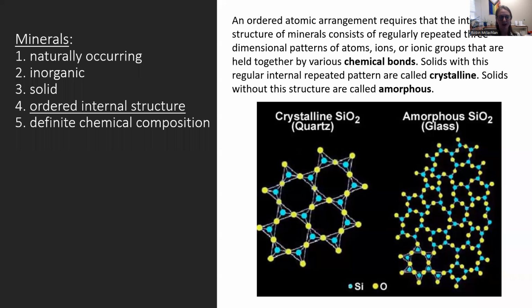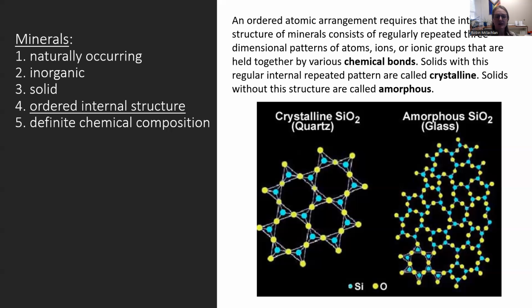Right. The fourth property a mineral has to have is an ordered internal structure. And we're going to spend a little while on this one because this one's pretty important. So an ordered internal structure means that the mineral is crystalline. Crystalline means that if you zoomed in and looked at the atomic organization of the mineral, the pattern is repeated, right? All of the angles are repeated. The pattern is repeated. The angles between each element, each bond, each compound are the same over and over and